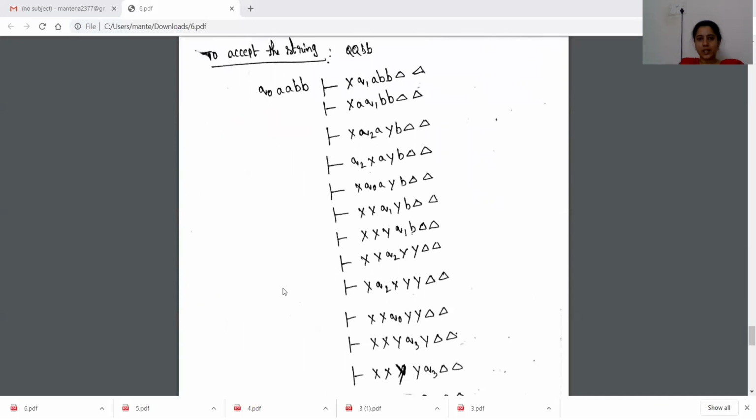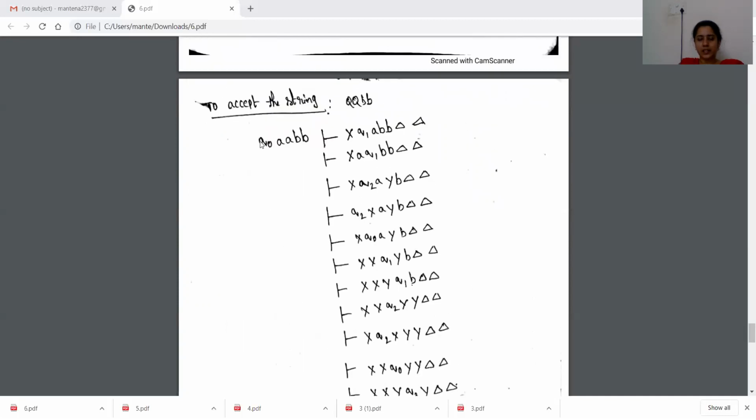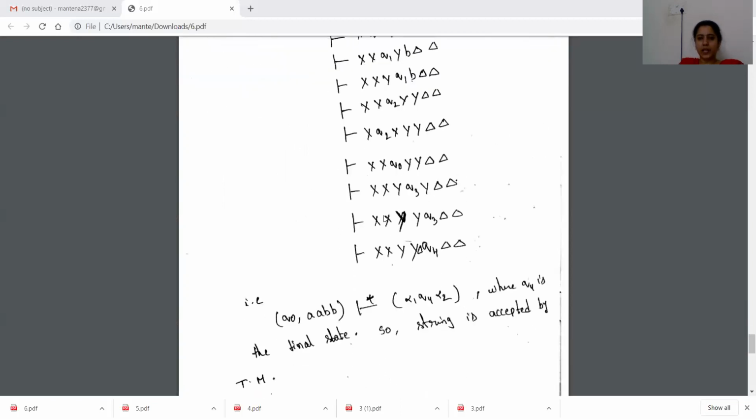And how to check the acceptance of the string here: first start from Q0 and take the string. Just what I said, the same thing here also. Q0 on a, change that to X and move to the right. Again Q1 on a, don't change that, move to the right. Now Q1 on b, change that to capital Y and go back to the next small a, and so on. Make all a's and b's capital X's and capital Y's. Last, go to Q3 on delta, go to the final state. So here we reached the final state. So the string is accepted by the language.